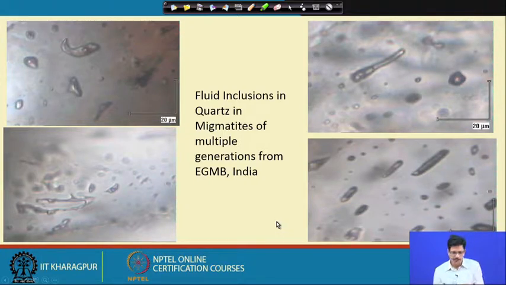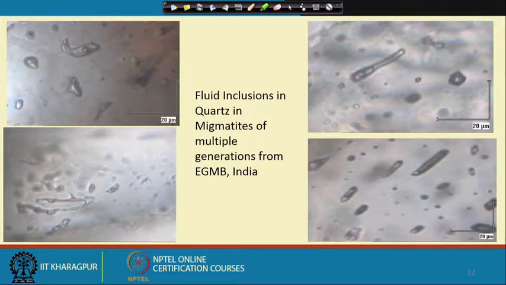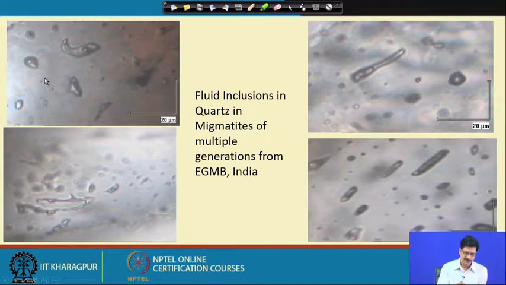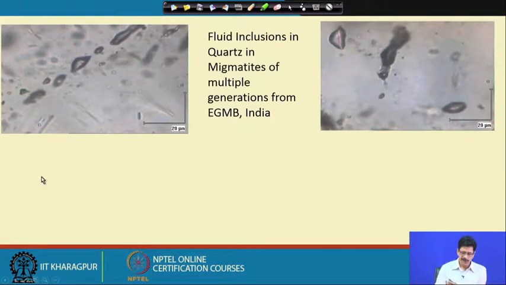These are very interesting. These inclusions have been taken from several very different generations of pegmatitic rocks from the Eastern Ghats Mobile Belt. We could see these are aqueous inclusions, and sometimes they take very characteristic shapes, like this curved or hook kind of shape, in a population of other ones. And the extreme case